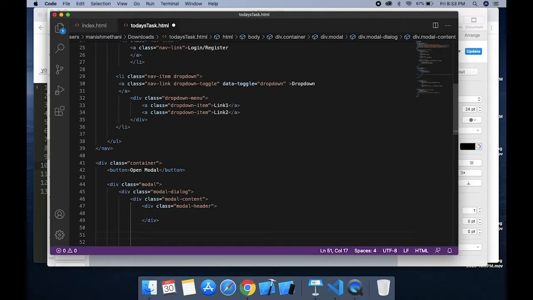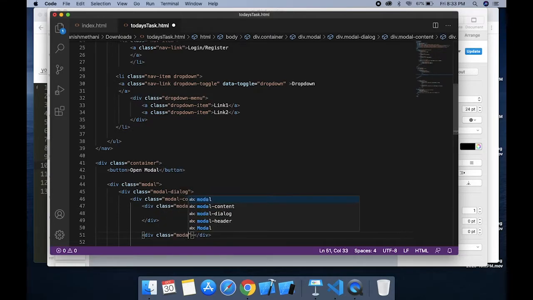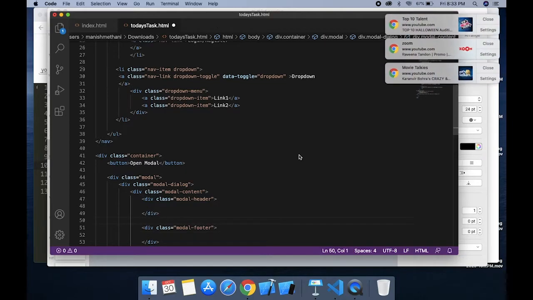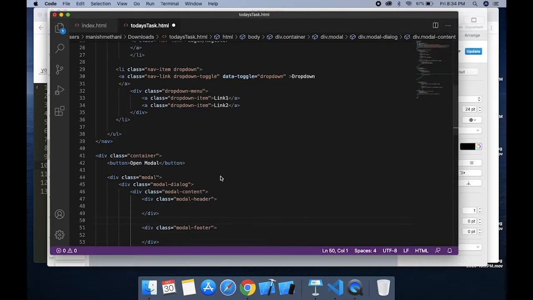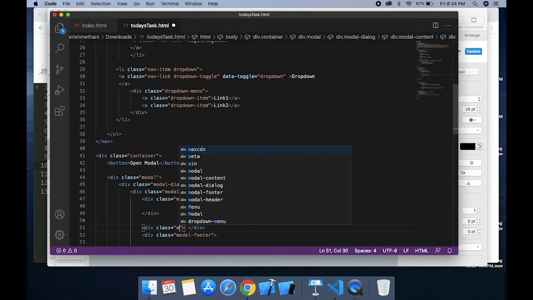Similarly, we can add the modal footer here, and we can also add the modal body here, right?